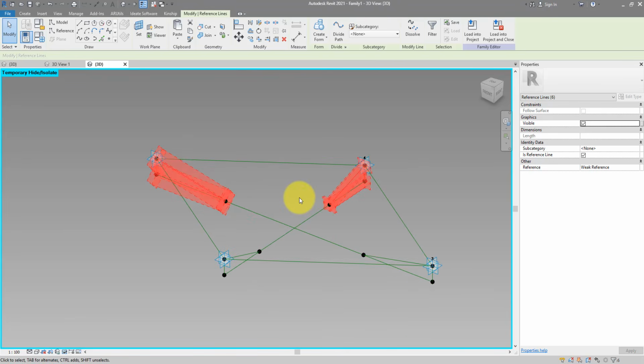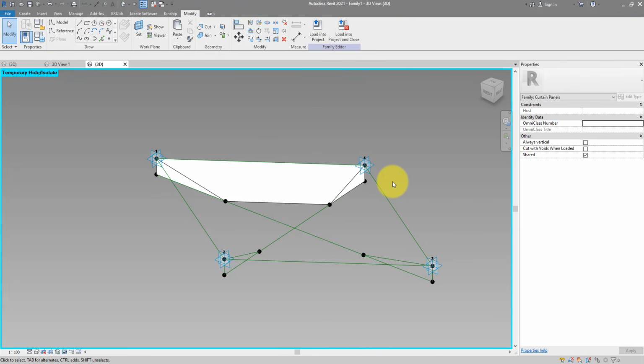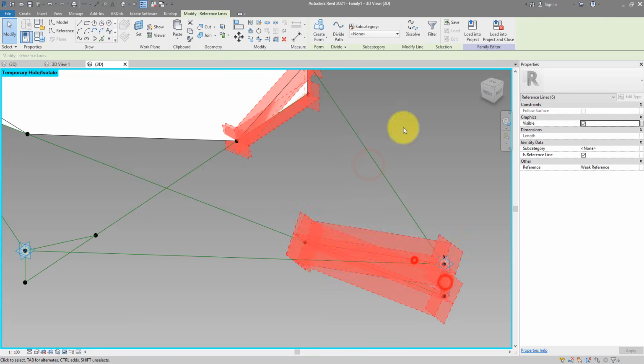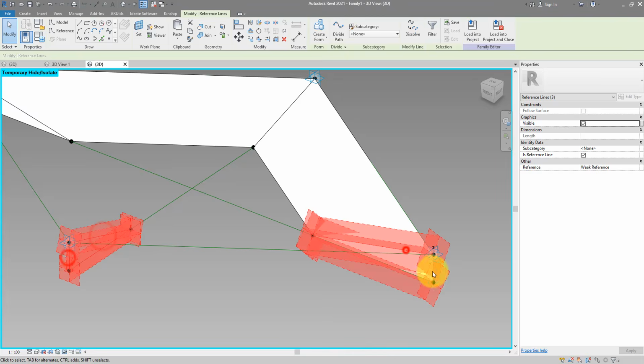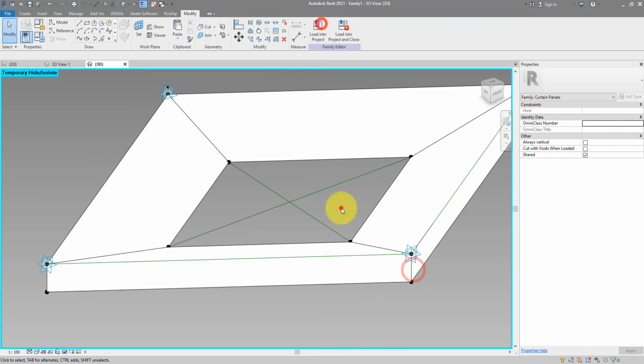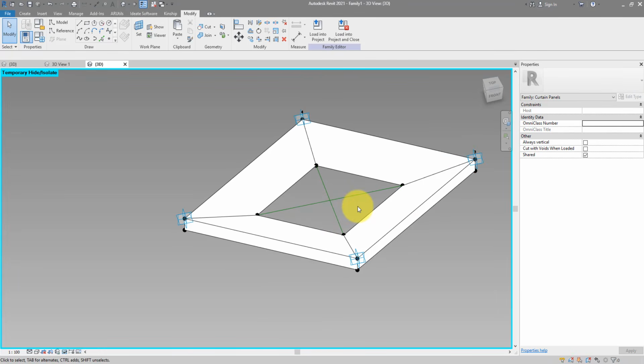Now, with 6 lines selected, I can now go up to here and do create form. And that gives me the first leg of our panel. Let's do the same now 3 more times. Amazing. I can now select all 4 form items